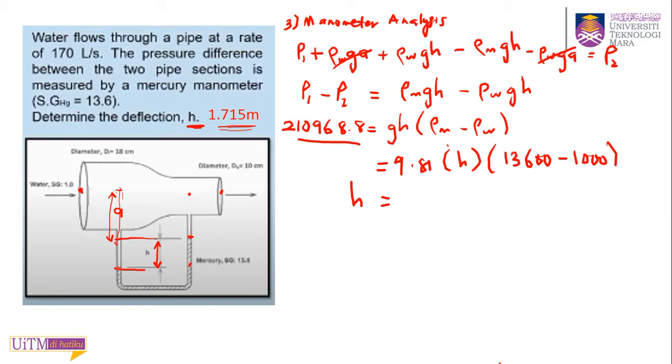Berapa jawapan dia? Tu 1.715. Dapat kalau 1.706, sama dah tu. 1.7, so 1.7 meter. So this is your last answer lah. Okay. So imagine